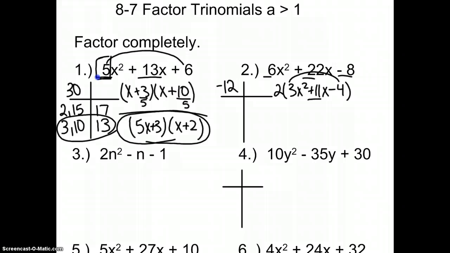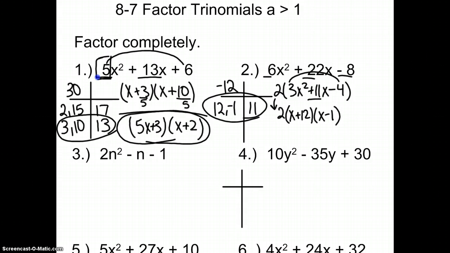So we can try a positive 12 and a negative 1, multiply to get us a negative 12, add to give us 11, which is what we're looking for. We need to remember to bring down the 2, and our factors are the x plus 12, x minus 1, and we have to make sure to divide by our first term. And we have to look at our factored one, which is a 3, so put a 3 under each term. So we have a 2, x plus 4, and here we have a fraction, so we multiply it by 3. 3x minus 1